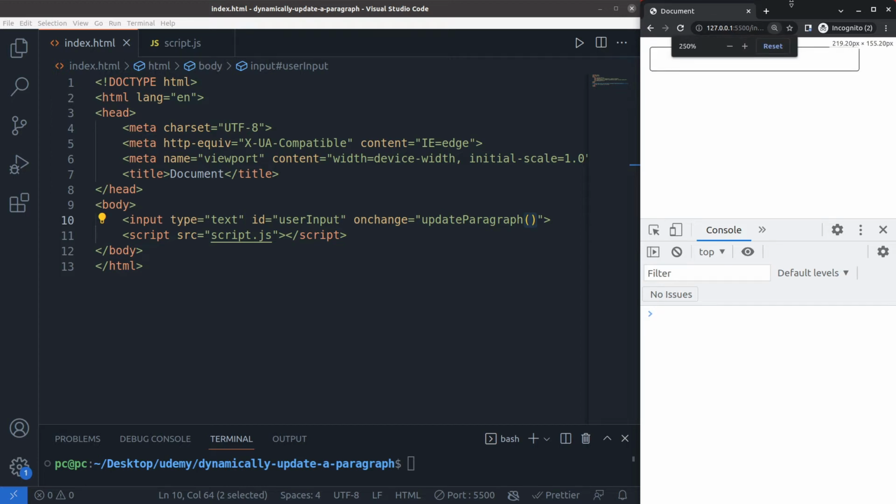Let me zoom in into the input a little bit. So that's it. So now when I type something here, nothing happens, but the onchange event will trigger when I press the enter key. So whenever I do that, I'll get the word something logged to the console. So that means that my code is working. Next,